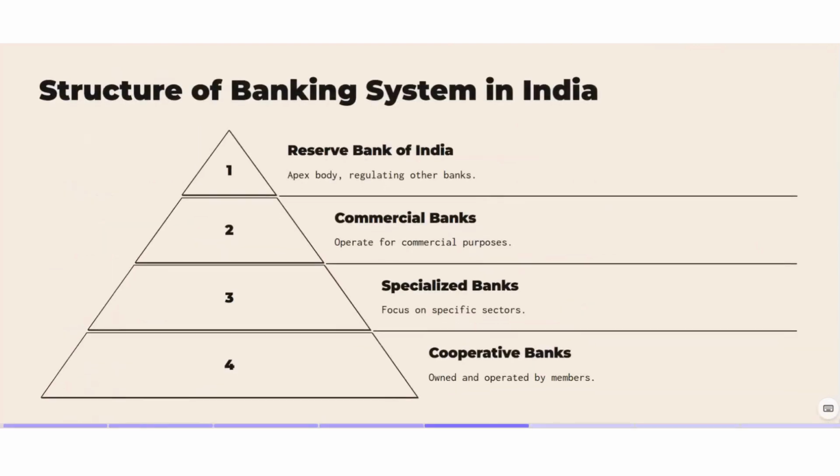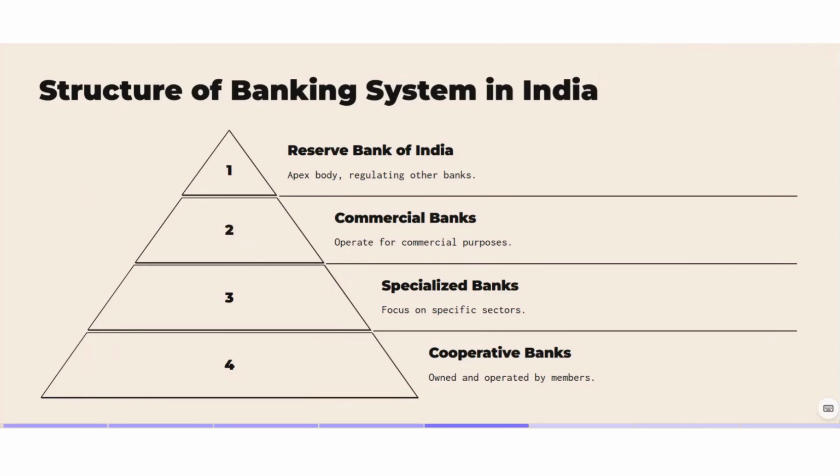So now coming to what kind of structure we have so far as the banking system in India is concerned. First, at the top of the structure, Reserve Bank of India is there as Apex Bank or topmost bank, which is the head of all banks, we can call it. Commercial banks are those banks which are nationalized, as well as public sector banks and private sector banks, which are running the business of banking in this country to earn profit out of their services and financial